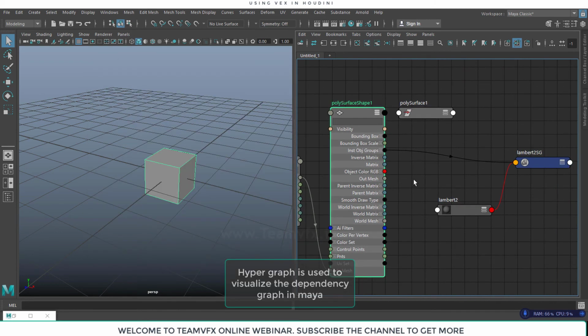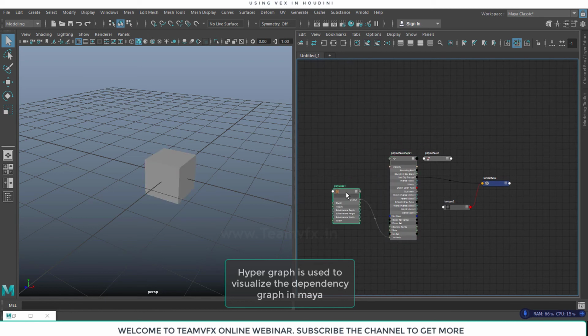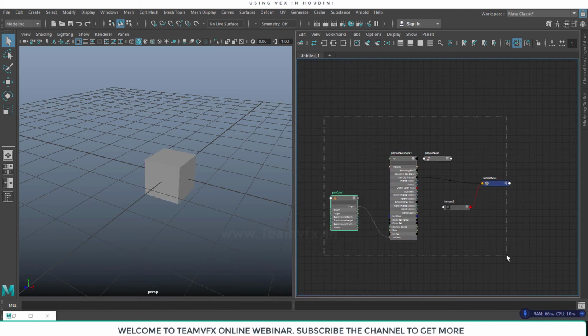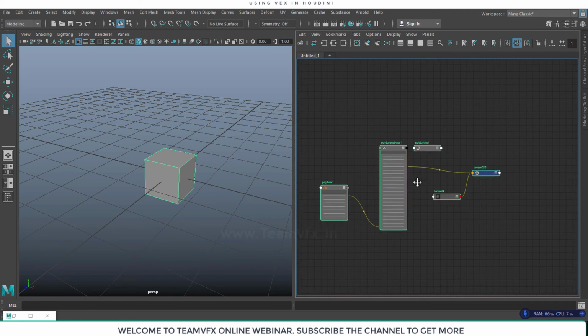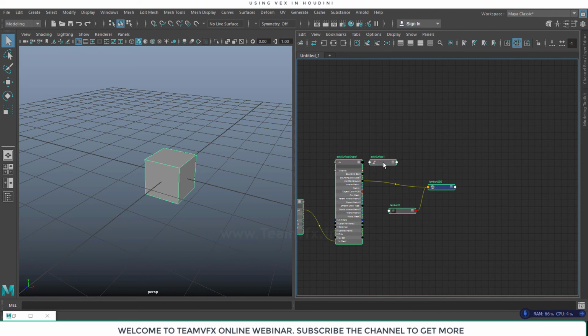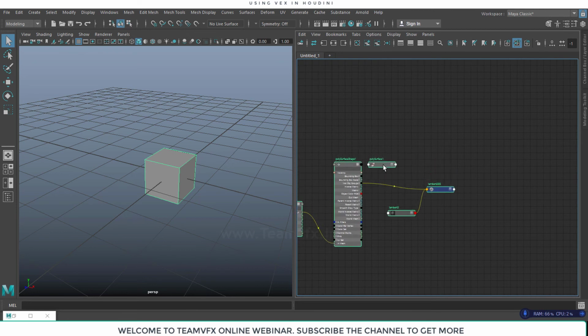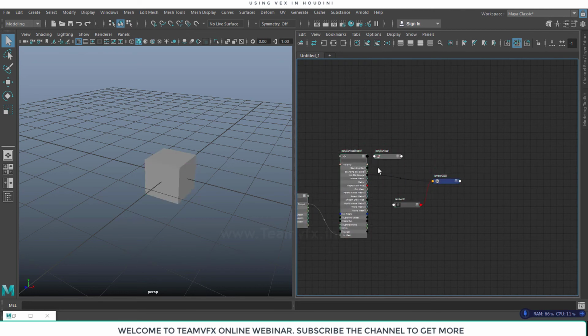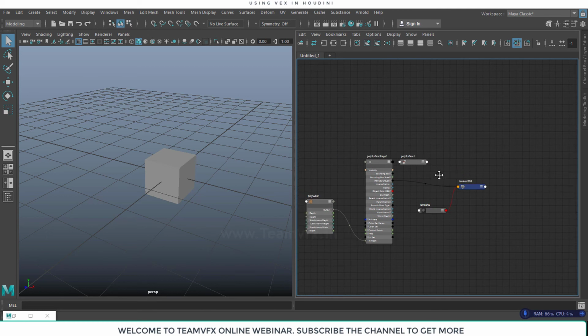So I hope you can understand how the node editor works in Maya and how we can get the output. And again I can say that we have a very limited ability to work in the node editor, as we can't do everything over here because it's a dependency graph. Now let's go to create the grass, what we were focusing on, and how we can implement the Houdini concept inside Maya.